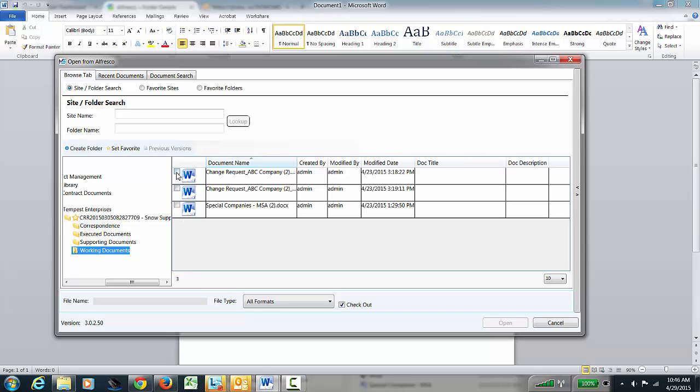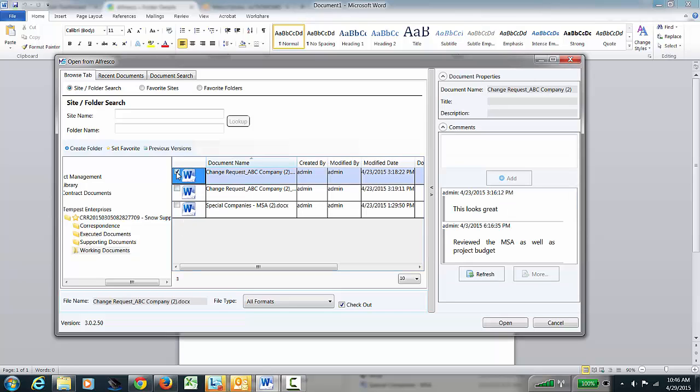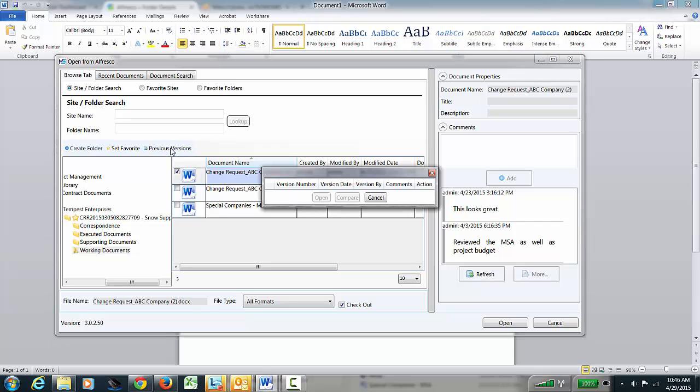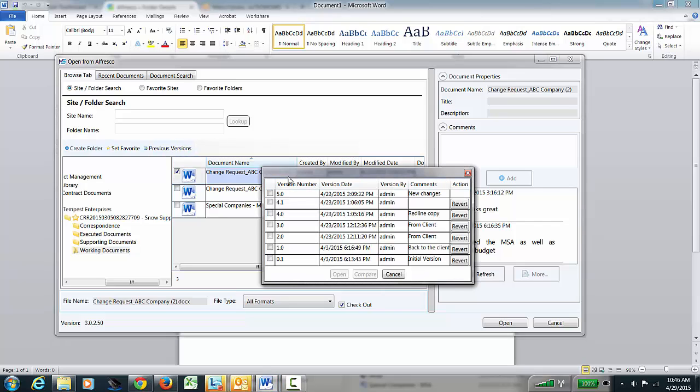Here are my documents. I can click on this document. I'll see comments there to the right, as well as metadata above. I'm confident this is the right document. I can now click Previous Versions. It'll show me the version tree. I can now select two versions I want to compare. And of course, the moment I select that second version, the Compare button will be active